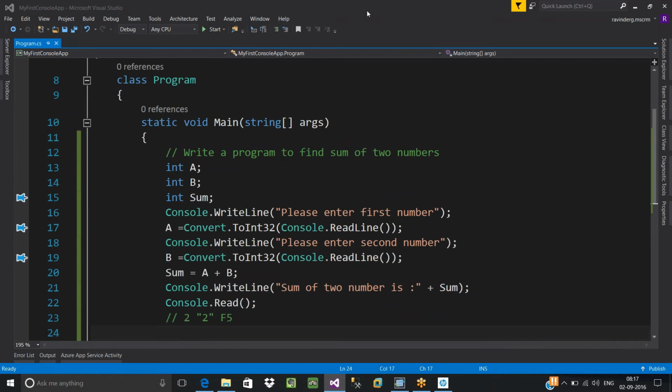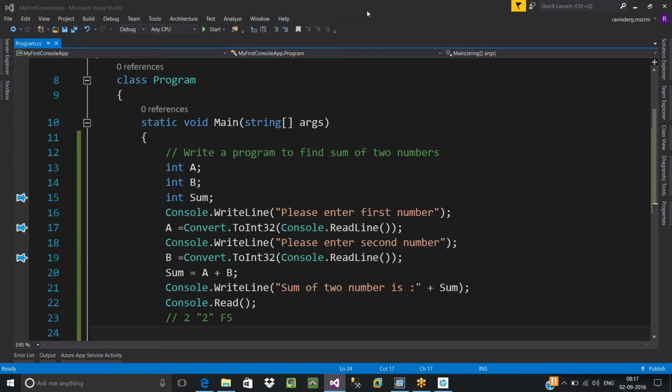Is ReadKey solving the same purpose as Read? ReadKey is different. Coming to ASCII values, there is a slight difference between Read and ReadKey. Sometimes you may need to write your logic like a machine language kind of thing. Sometimes you need to read ASCII keys. So in that case, the difference will come into the picture. You can use either of these two to hold the display. Basically, both read a single character.